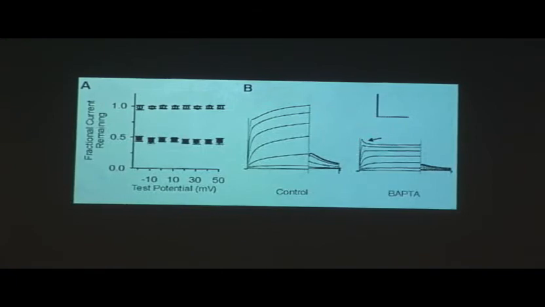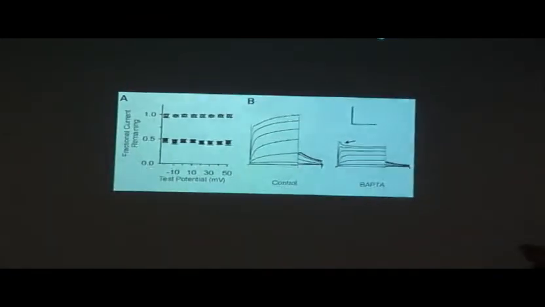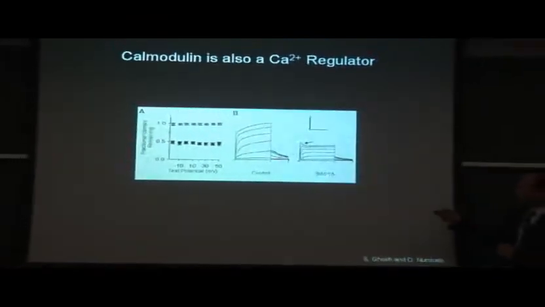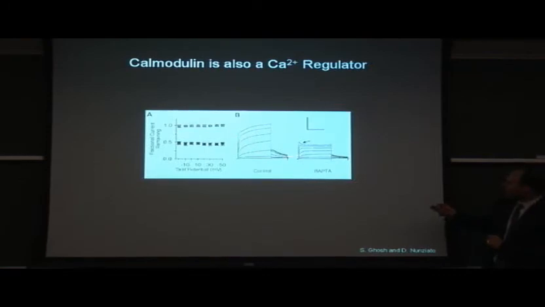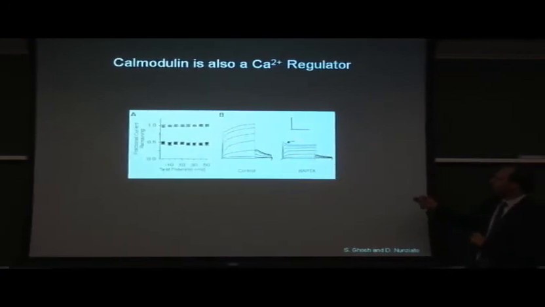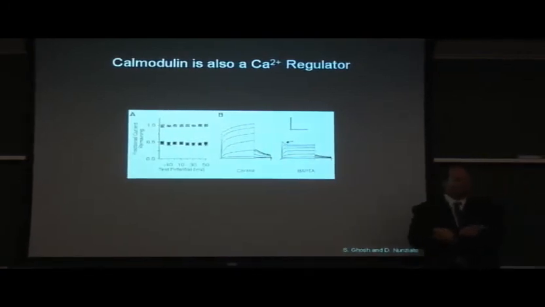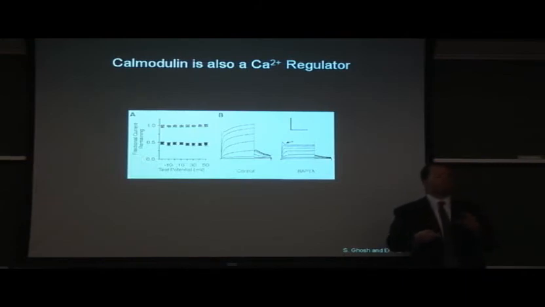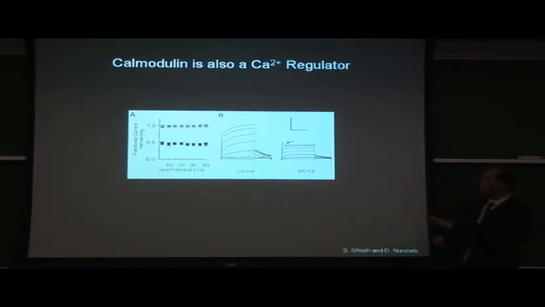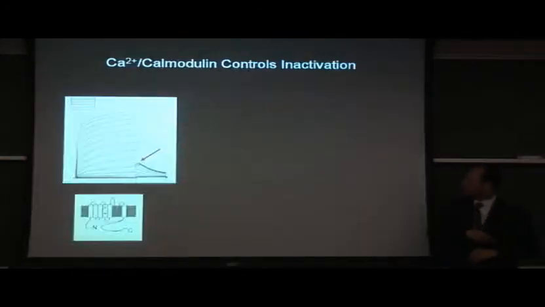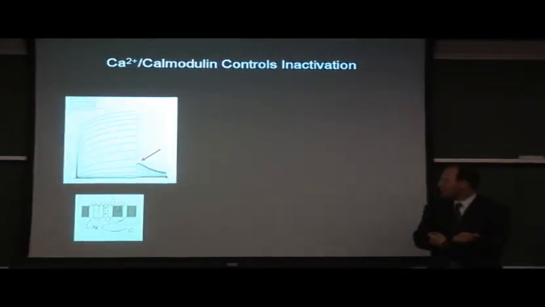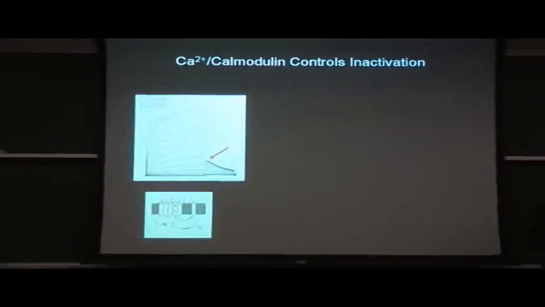So KCNQ1 currents, as you know, are thought to have a hidden inactivation that's shown by the relief of this inactivation in the tail current. And by lowering calcium to subphysiologic levels, we think that we reveal some of this so-called hidden inactivation. Now, is calmodulin responsible for this? And so lowering calcium to the subphysiological levels, is that what's happening here? The final example using concatamers, I'm going to show you that I think that's the case.